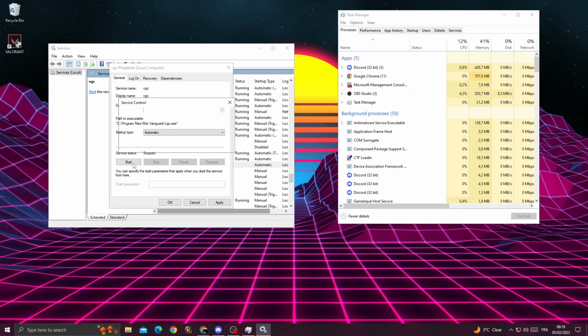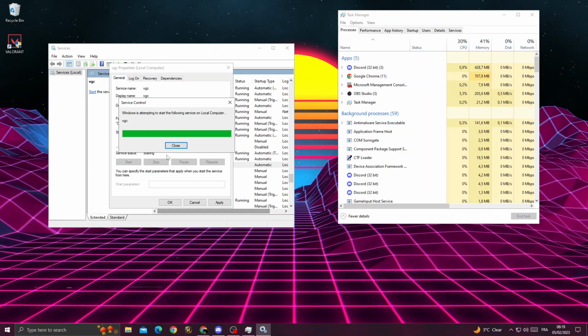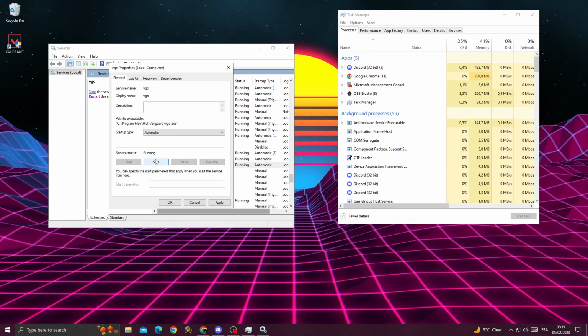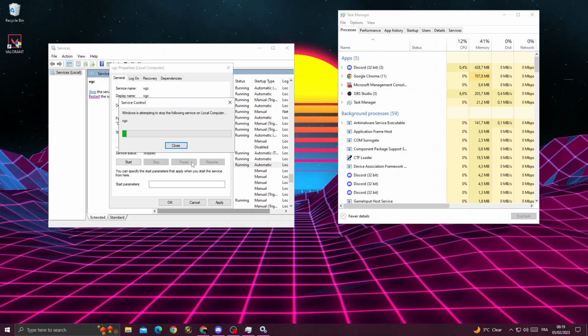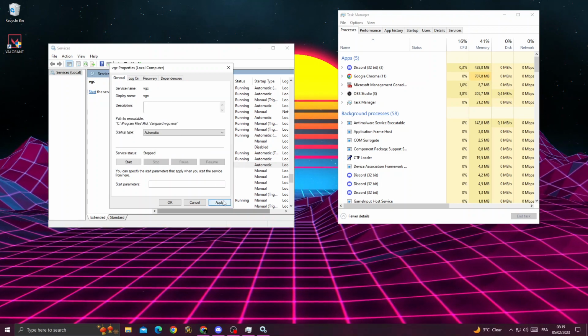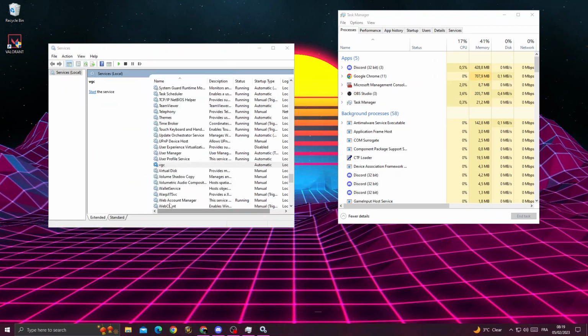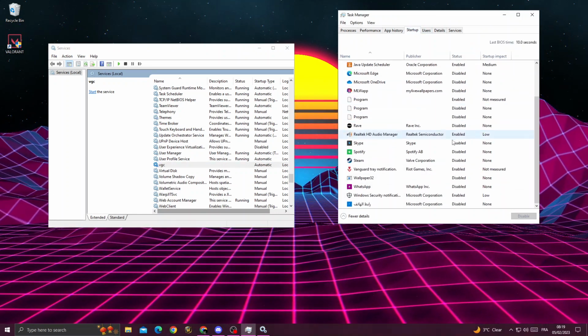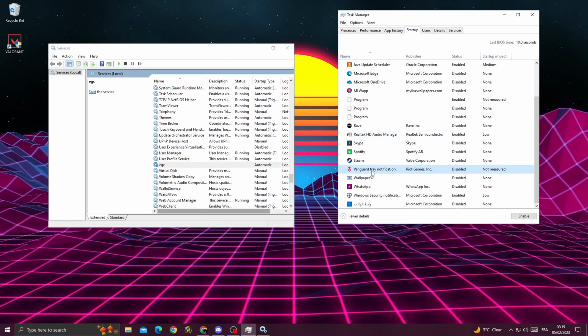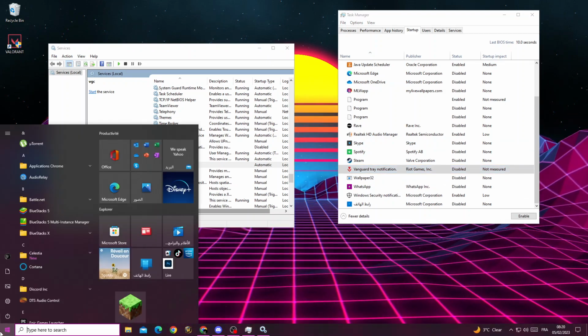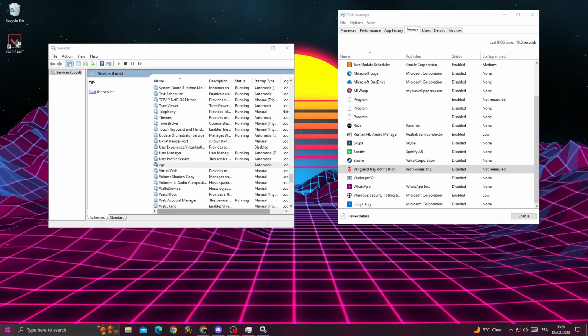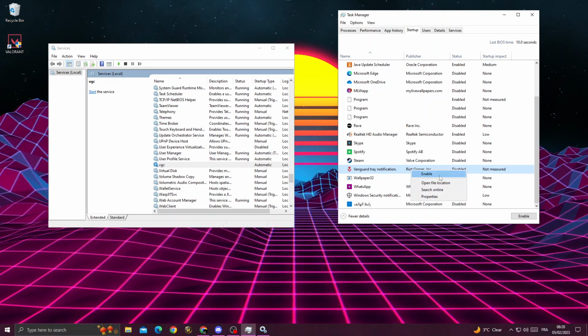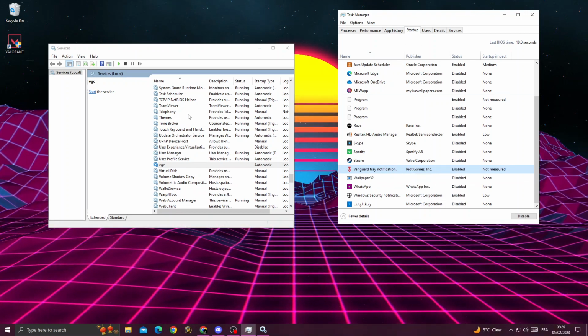You will find it like that. You will find it running, and then just click Stop, and that's it. Just click Apply and OK, and after that go to Startup and right click here and disable. Now restart your PC, and after restarting your PC just come back here, enable Vanguard from Startup and also from Services,